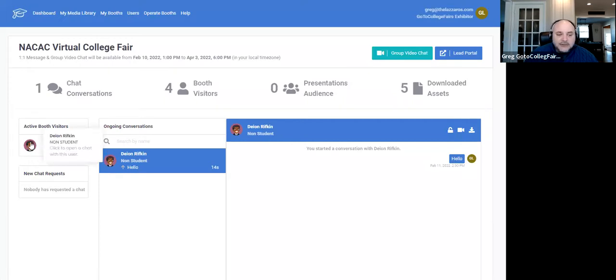And the one thing that I can't show you here, because I don't have a use case representative here, is that if you have multiple admissions reps operating the booth, you will see that some of the students are connected to the other admissions reps, meaning they'll be grayed out here. And when you highlight over them, you'll see, oh, it's connected to Holly. This person's already having a conversation. I don't need to be concerned with them. They're already engaged. So it allows you to see other things that are happening. You can't see their conversation, but you can see that they're in conversation.